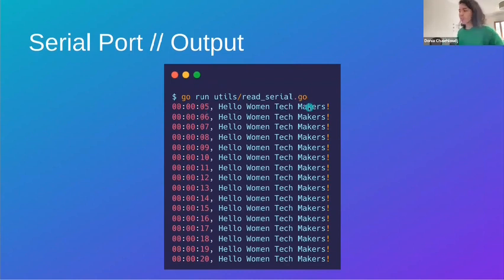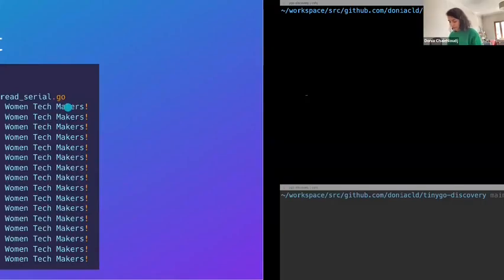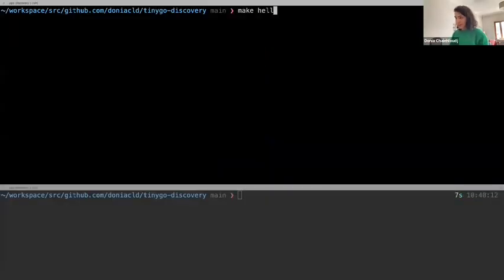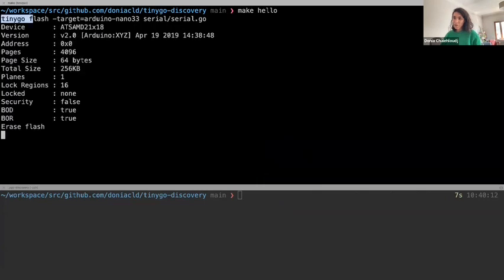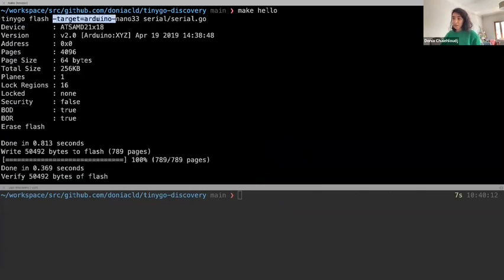So let's try live how it will look like. Make hello. Hopefully it's going to work. So again, we have the TinyGo flash command. We specify the target, the Arduino Nano 33, and here my program is called serial.go.